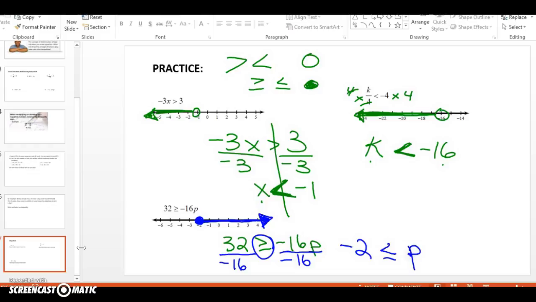Okay, questions on any of those that I can help you with? Is that making sense? Micaiah? How did I get -2? Because it was a positive 32 divided by -16. And one negative is always going to make